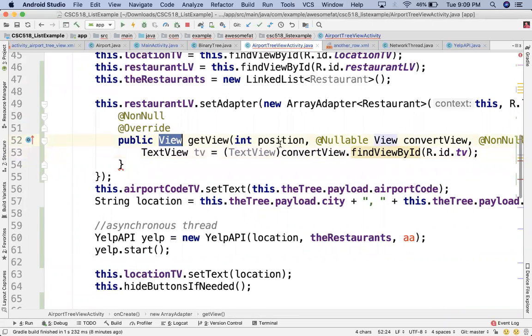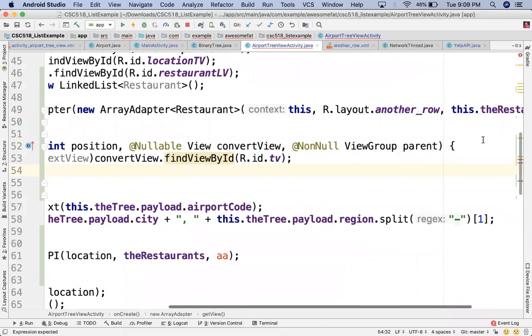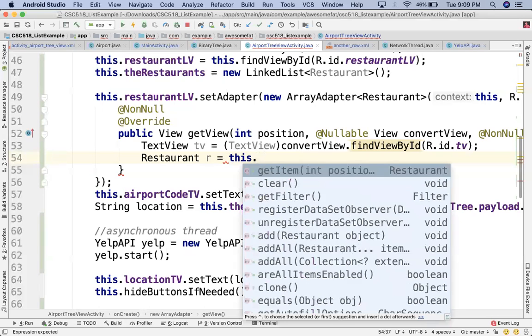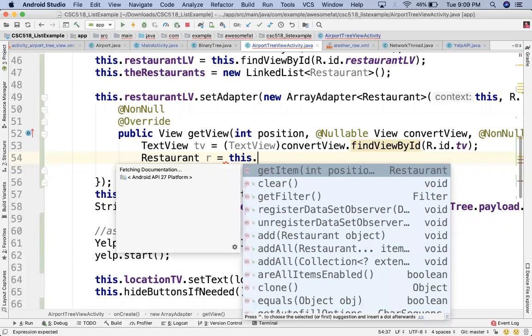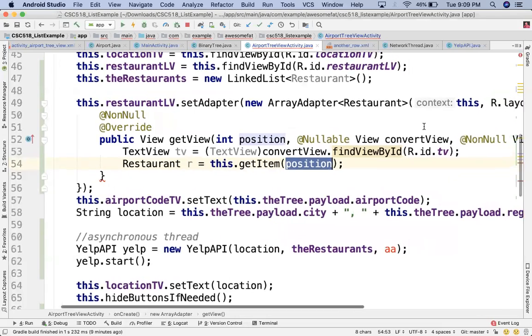Now this guy's job is to ultimately return a view for that row. The view I'm going to return him is that text view. Now I also need to get my restaurant. Restaurant R is equal to, now I am right inside here. I am in an instance of array adapter. So I'm going to say this dot get item. This dot get item, I'm going to give it a position. And that's going to return for me the restaurant that lives at position in the collection that I passed